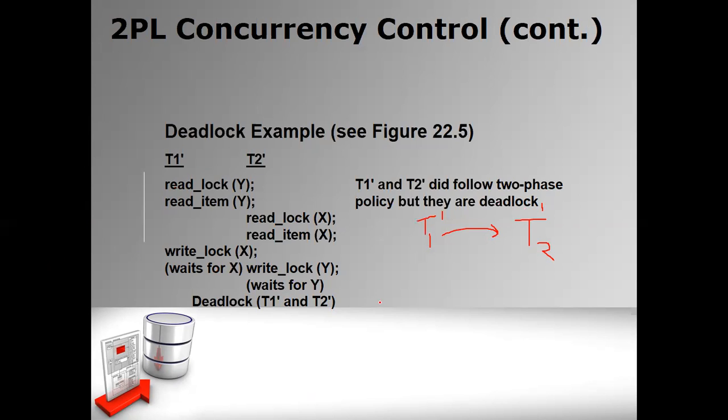It is waiting. Now let's talk about the transaction T2'. It is waiting for a write lock on the data item Y that is held by T1'. So T1' is holding a shared lock or a read lock, and T2' is waiting for a write lock on Y. Unless and until T1' releases it, T2' cannot take it. So you can see T2' is waiting for T1', and over here we are having a deadlock situation.